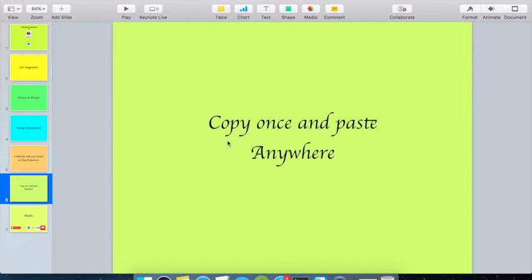copy once and paste anywhere. You just have to copy on your iPhone, iPad or your Mac once, and using iCloud on that device you can paste. You have copied something on your Mac, and then if you want to paste it on your iPhone, then using this feature you can do so.